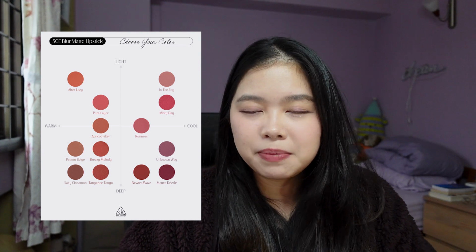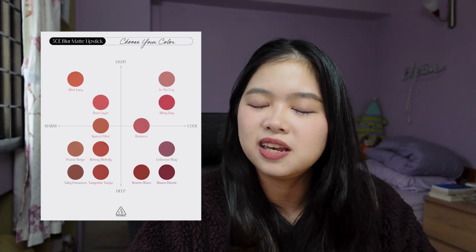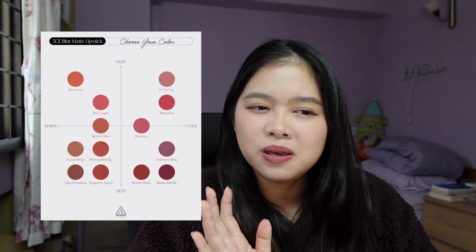I think maybe the shade that I can get away with is maybe Tangerine Tango. But still, even that particular color is a little bit too warm with such a strong orange base, because these kinds of colors would really make me look very awkward. It's not really my thing. It's an easy pass for me, but I must say that I do love the Blur Matte lipstick,